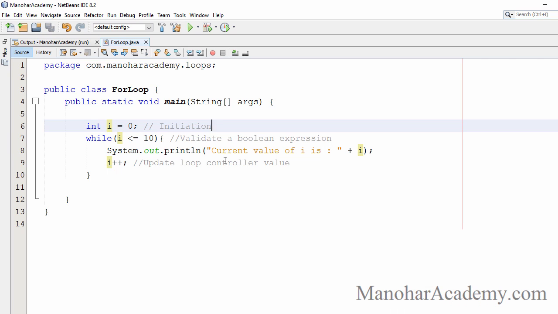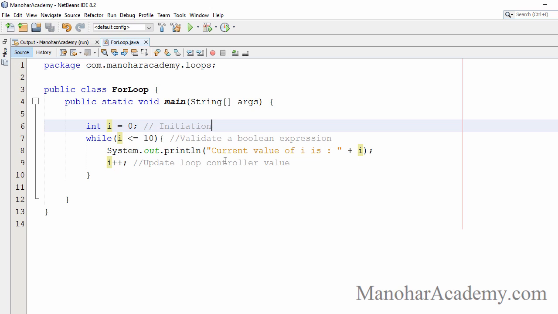Hi, in this lesson we are going to look at for loop. It is very similar to while loop, but it has some syntactical changes. Also, we can perform some other tasks. Okay, for loop is special, but it can do everything that a while loop can do. Okay, let's look at a simple example.